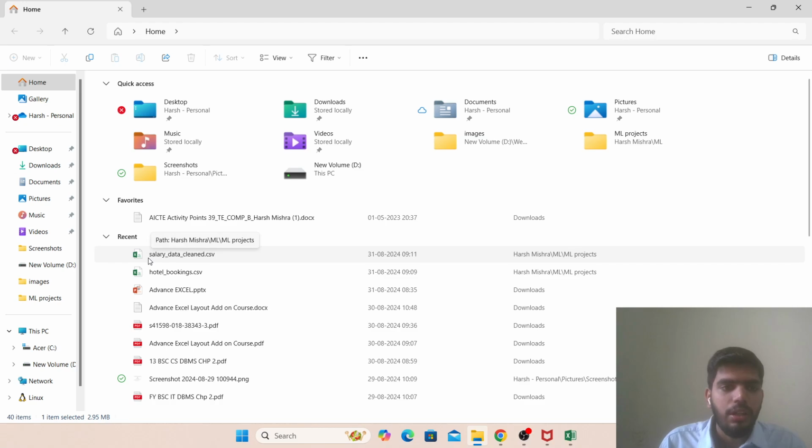I hope you can see this. So this is the name of the file. This is the date, today's date and time when I opened it. And this is the path. So this is the metadata of the Excel sheet. Name, date, time, path, owner, all this information is the metadata.